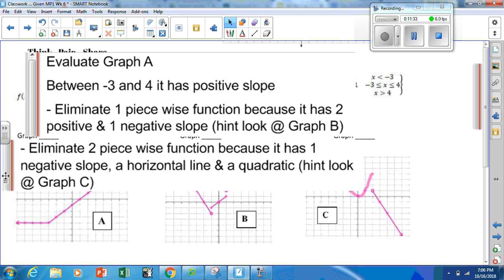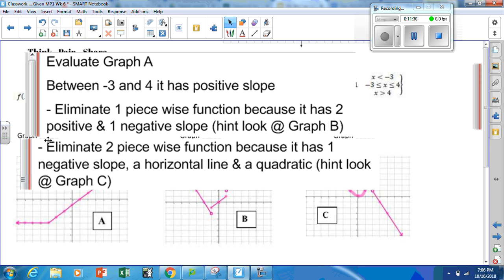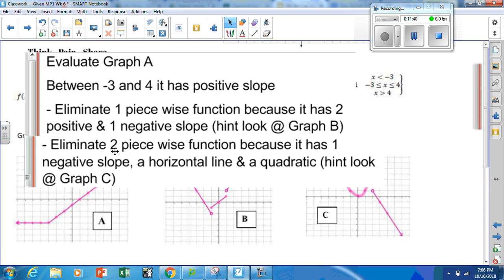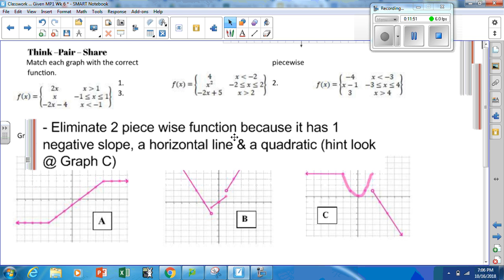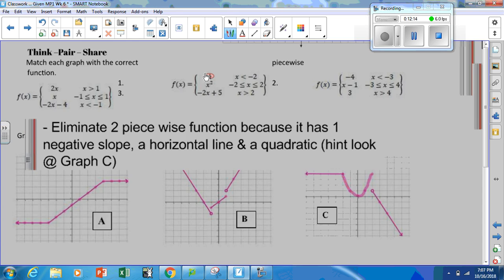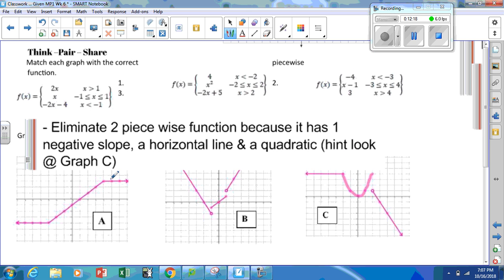Well, we can eliminate piecewise 2. So I suggested that you guys look at B. It says eliminate piecewise 2 because it has one negative slope and a horizontal and a quadratic. So let's make sure we understand what's being said. Here's our negative slope right here. And remember, we're still trying to figure out what A is going to be. We have a no slope. Anytime we have just a number, make sure you recognize, if there's no variable, it's going to be a horizontal